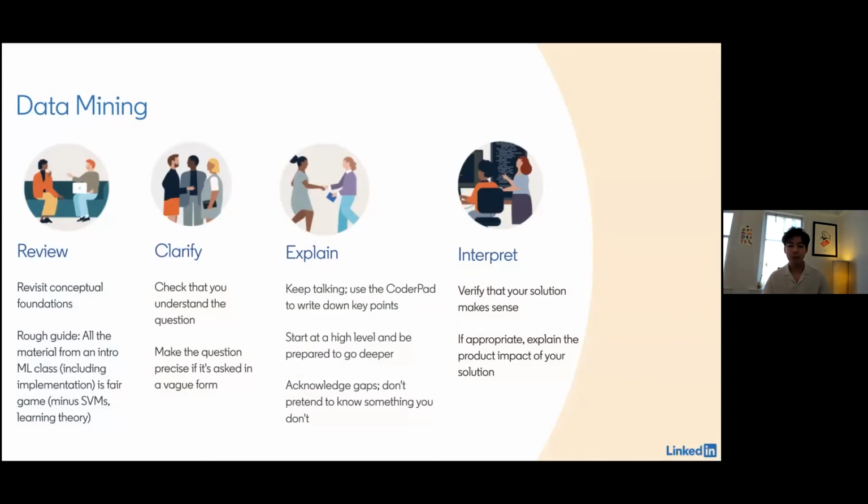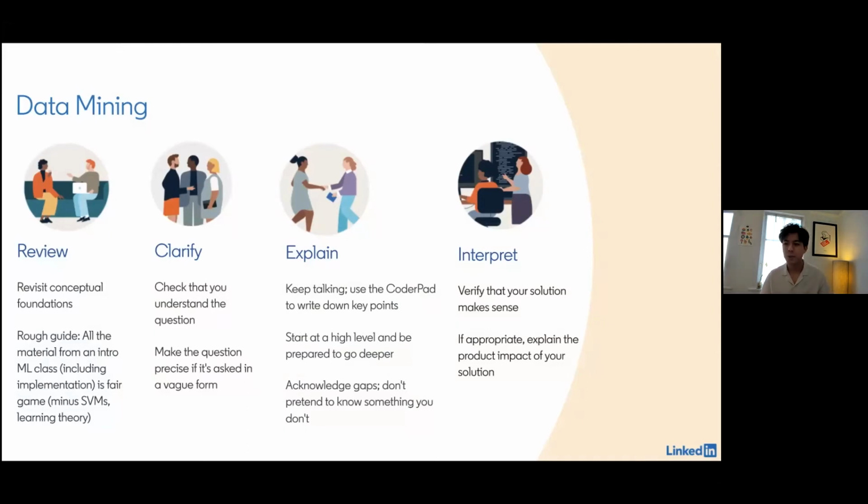And as a rough guide to the kinds of material that you should be focusing on as you review for this part of the interview, you can think of all of the material from an introductory machine learning class as being fair game, perhaps minus some of the more theoretical or less applied parts of a typical intro machine learning syllabus.